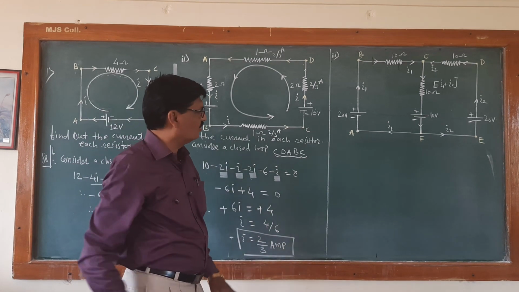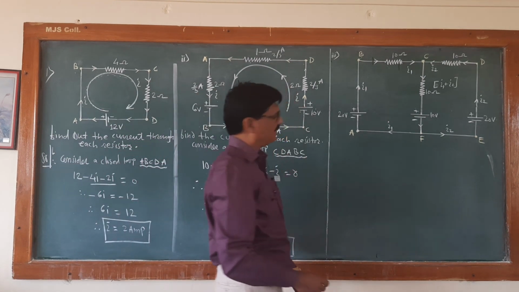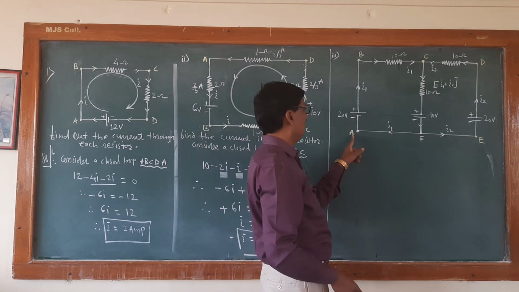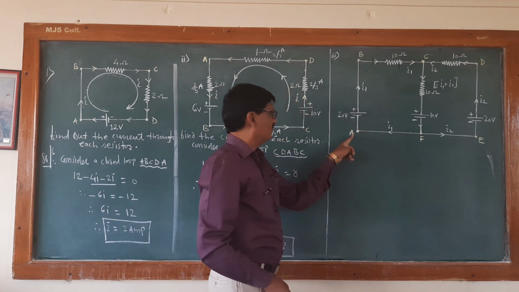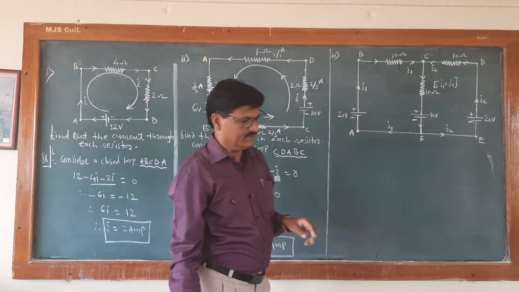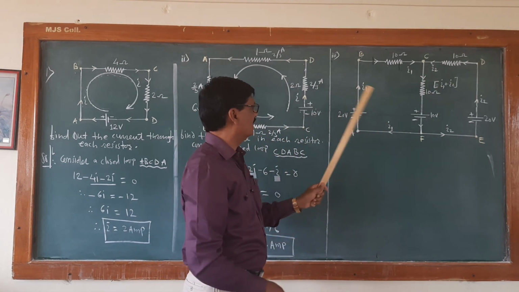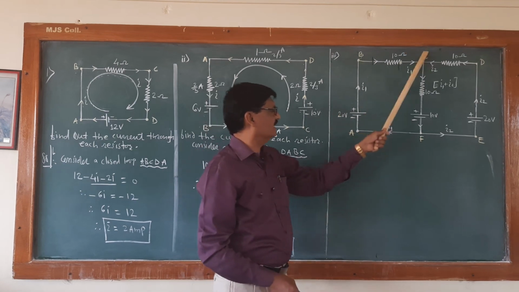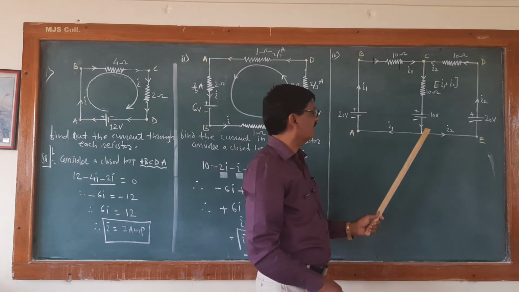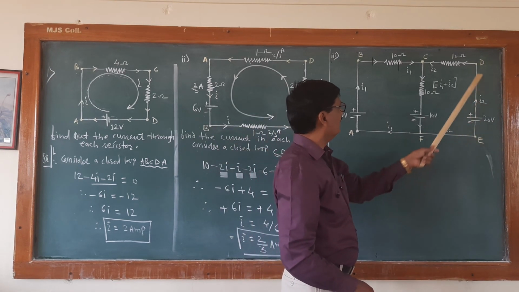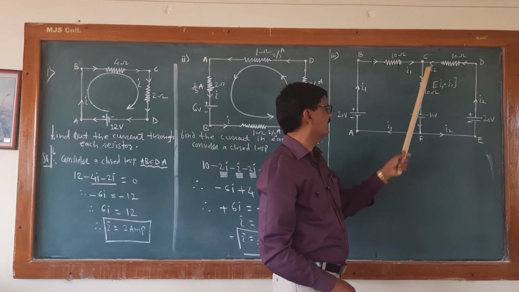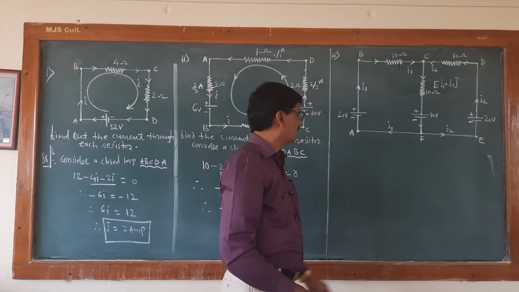Then third loop, these are 2 loops taken together. In this case, this is my large outside loop A, B, C, D, E, F, A. In this loop, I consider two loops here: A, B, C, F, A is the first loop. And the second loop, that is, I consider E, D, C, F, E.